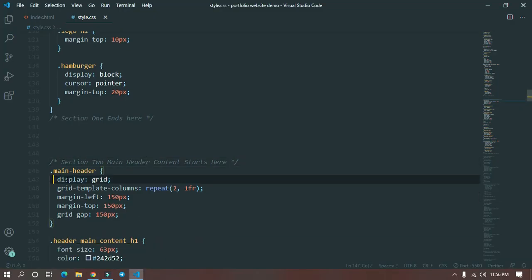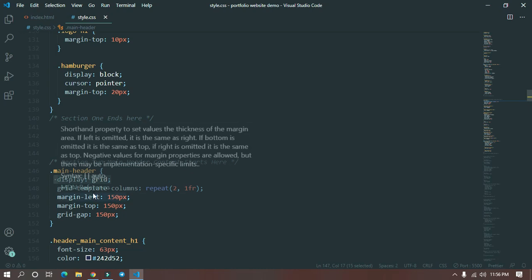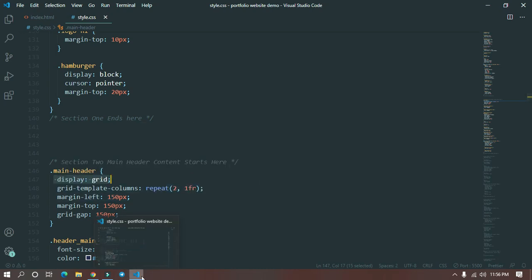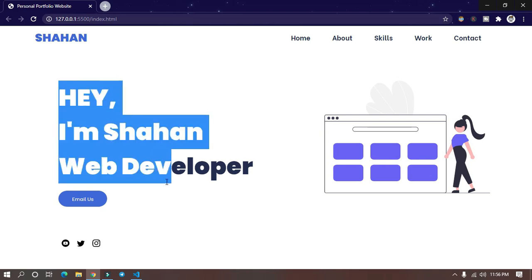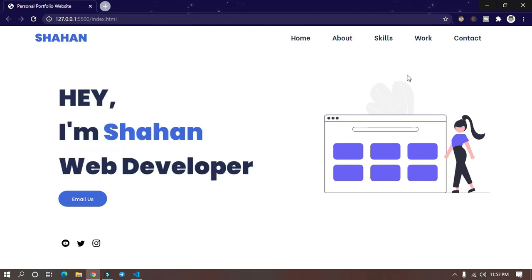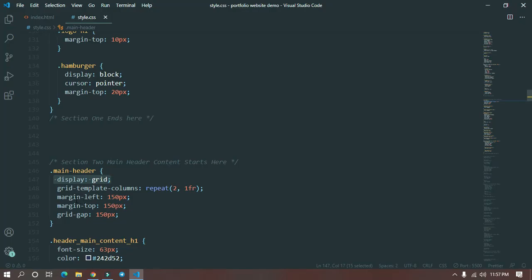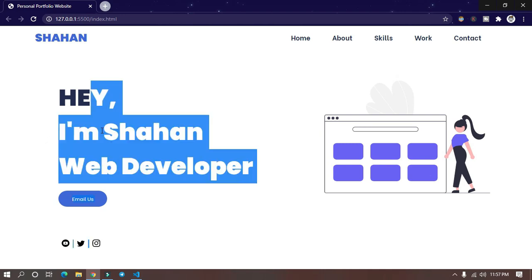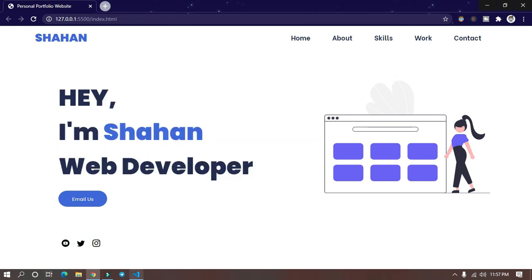For the main header we have set display grid, with grid-template-columns repeat(2, 1fr). We have shown it in two columns. This is one column and this is the second column. I have given it a margin-left of 150 pixels, so it displays here.